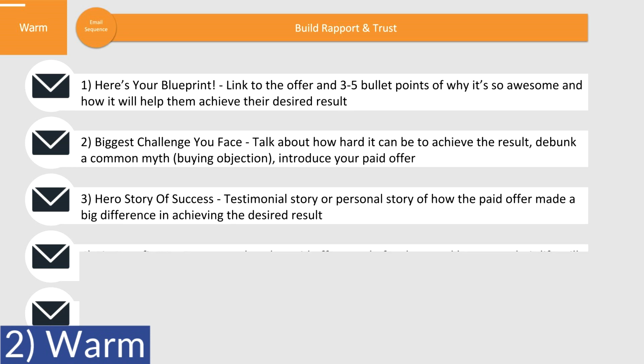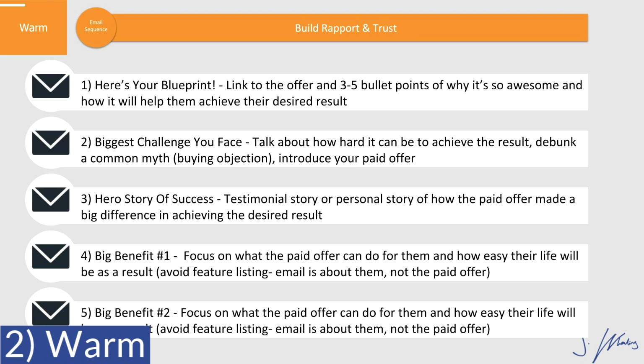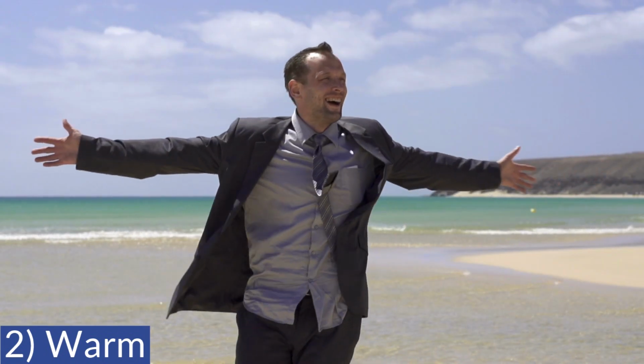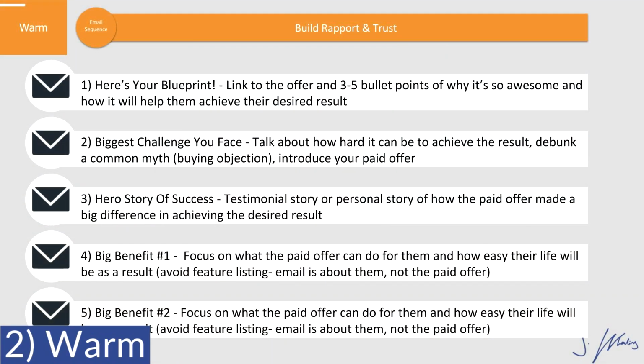Then in emails 4 and 5, all we're going to do is focus on a big benefit or result that our ideal customer cares about and talk about what life looks like when that result is achieved, and then tie it into our paid offer in the PS again. What's very important is that in all of these, the paid offer is in the PS, because we want to focus on building rapport and building a relationship. We can't expect people to whip out their credit cards and do business with us after a quick PDF lead magnet and 5 emails.